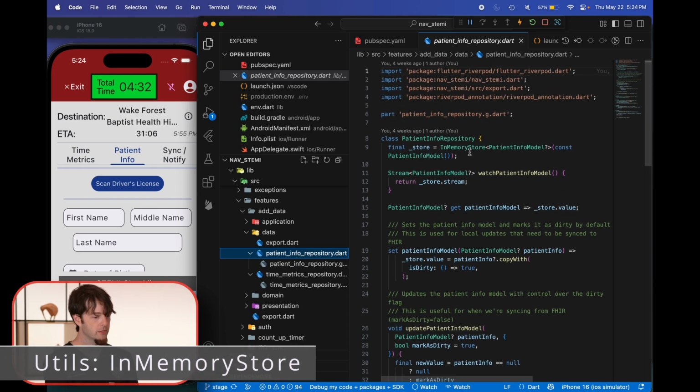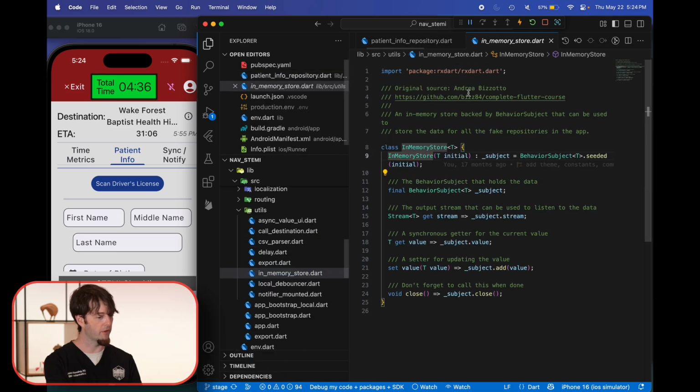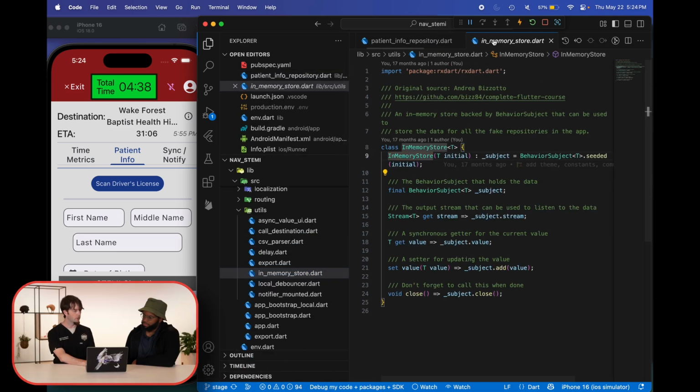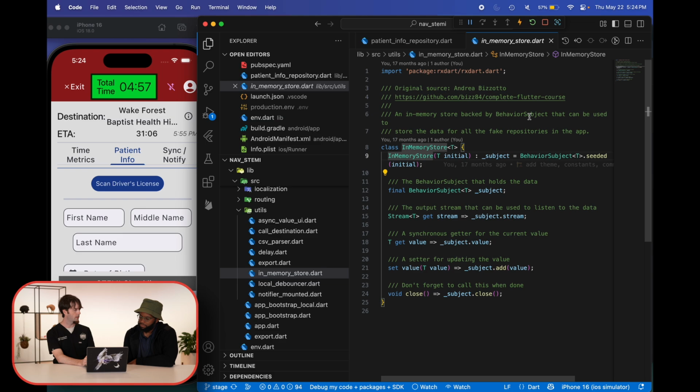This builds a lot of information from the InMemoryStore, which comes directly from Andrea Bizzotto. If you're looking in our code, if there's anything we're specifically referencing from someone else's excellent code that's also MIT licensed, we'll do our best to actually give you the direct location so that you can look through and see other implementations of that same concept.